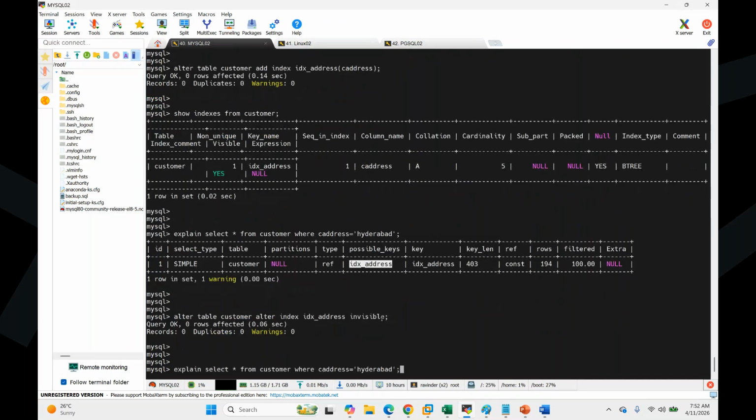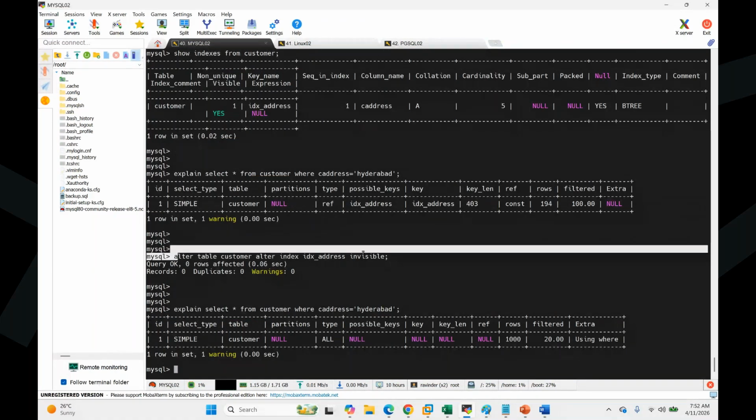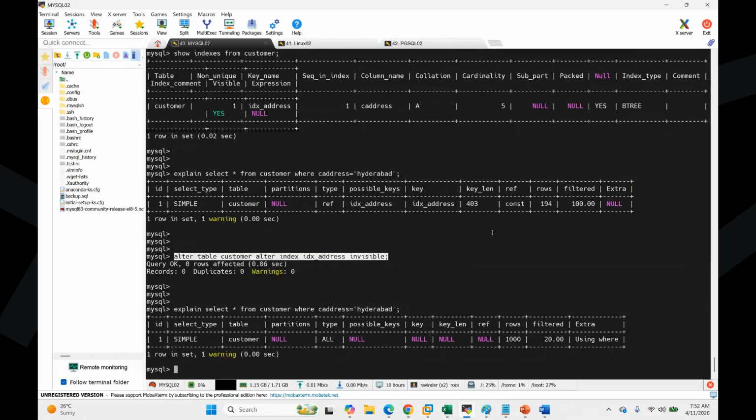Now if I read the same condition, it will read 1,000 records, because even though the index is there, we made it invisible. It's not visible to the system anymore. But in the background, if I do any operations, the index pages will update. It is active only, but queries cannot use the index because I made it invisible. Why did I make it invisible? Because I have many indexes, and I don't know which indexes should be dropped.